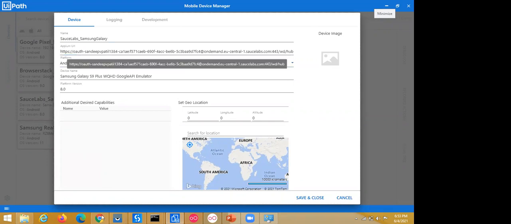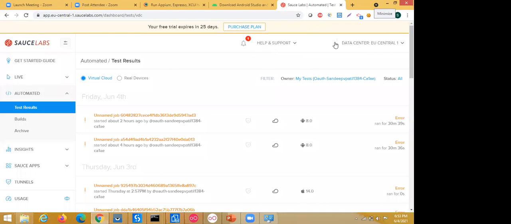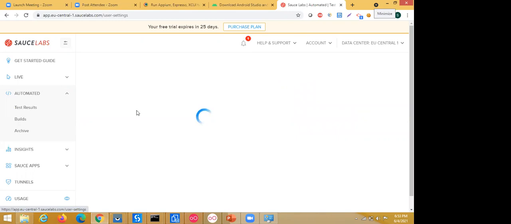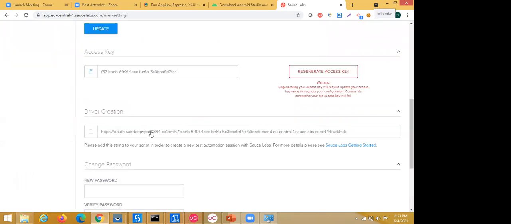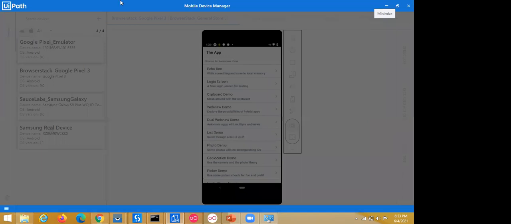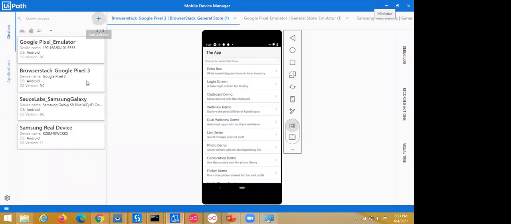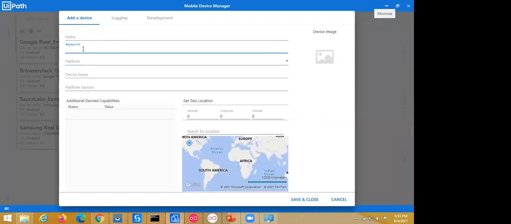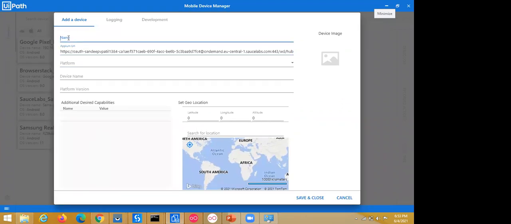Once you have created the account on Sauce Labs, you need to go to account and go to the user settings. And here is your Sauce Labs Appium URL. Just copy this URL, click on this plus button and paste it here. Enter any name for this device.